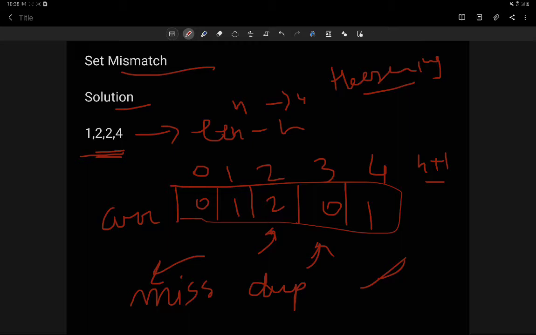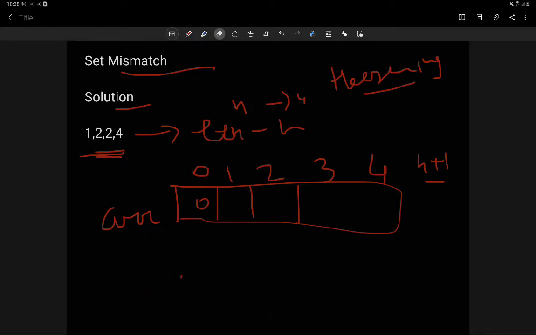So what we will do is, wait a second, I'll do it again. While traversing the array, 1 is present, so the count of 1 is 1. We come across 2, the count of 2 is now 1.